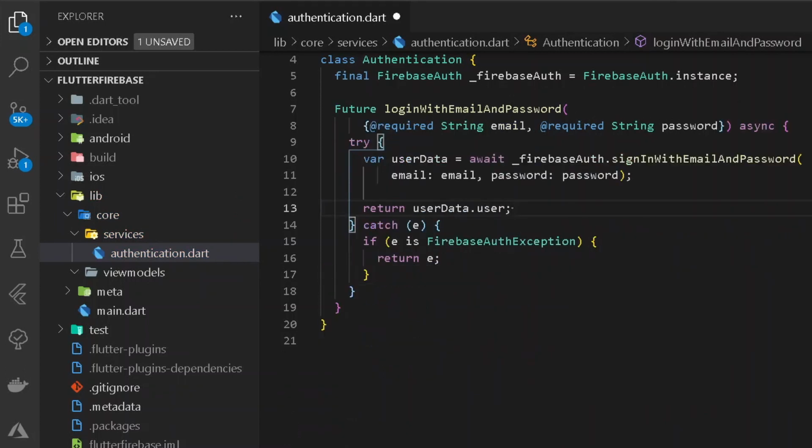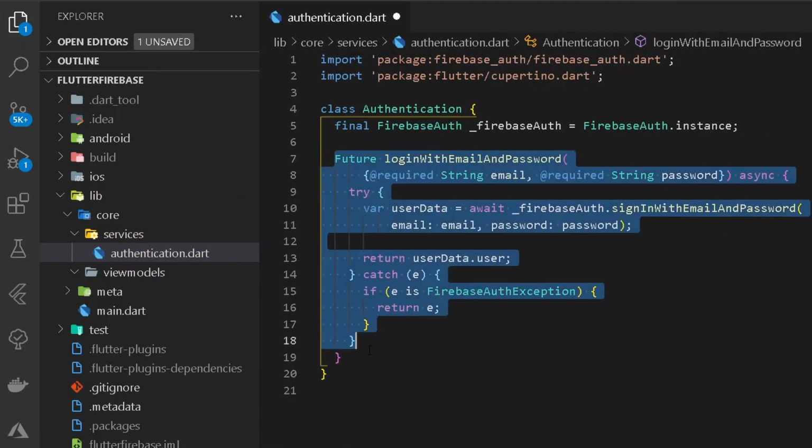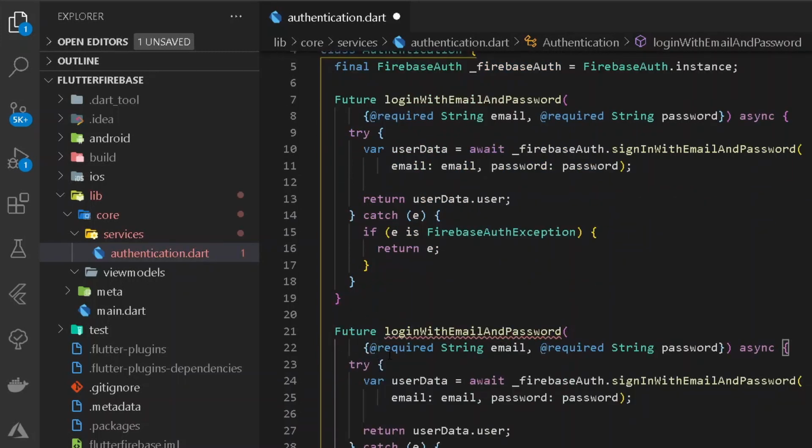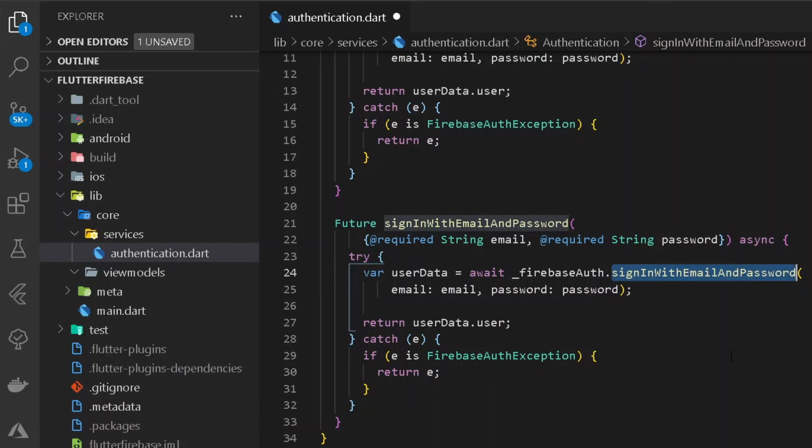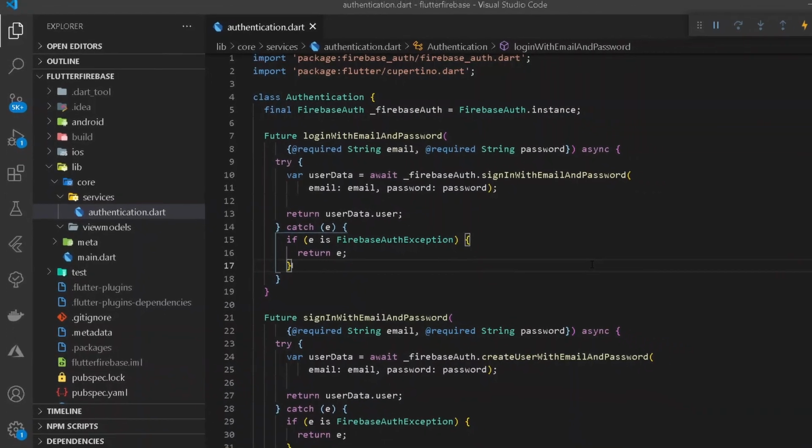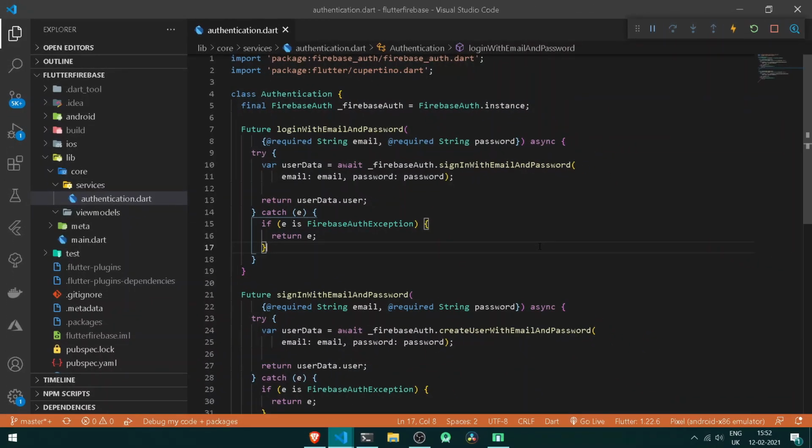So once we have done everything with our method, let's copy the following method and paste it one more time. So here let's have signInWithEmailAndPassword, and here we shall simply create a new account with email and password. Once we have created both methods for logging in and also signing in,